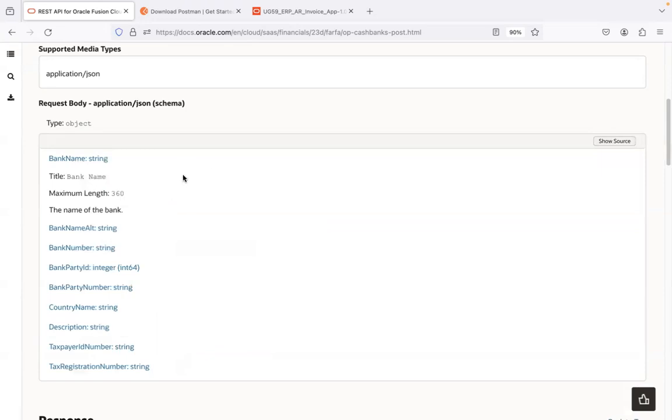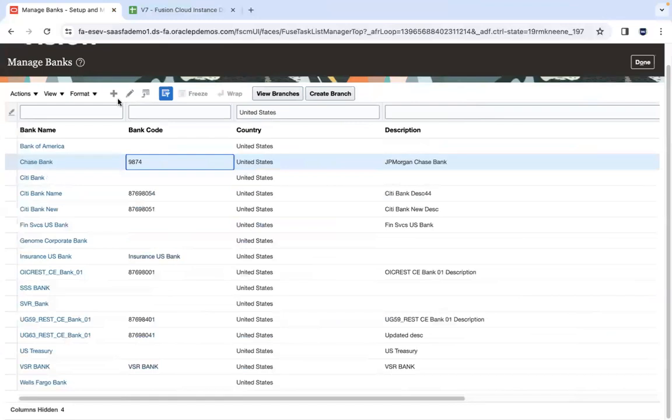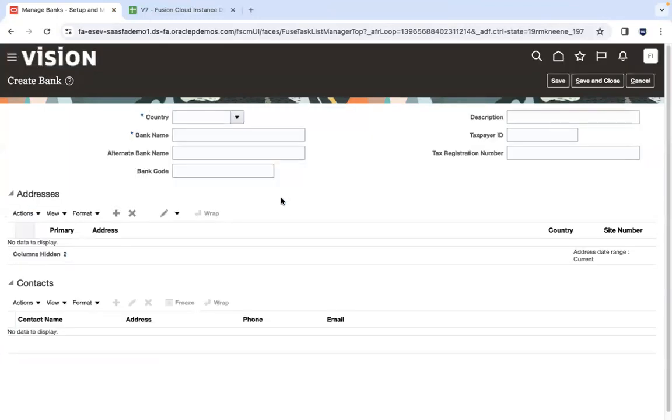There are 2 ways you can identify the required columns. One obvious way is you can get into the Fusion Cloud application and try to create a new bank. It tells you what the mandatory fields are. What are the mandatory fields that you see here? Country and the bank name. So this is the easiest way. But if you need a textbook approach,